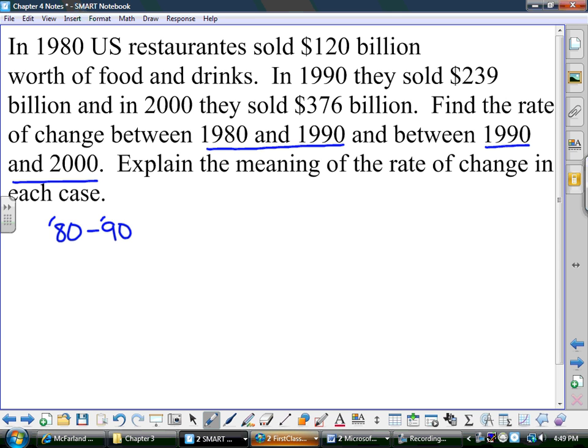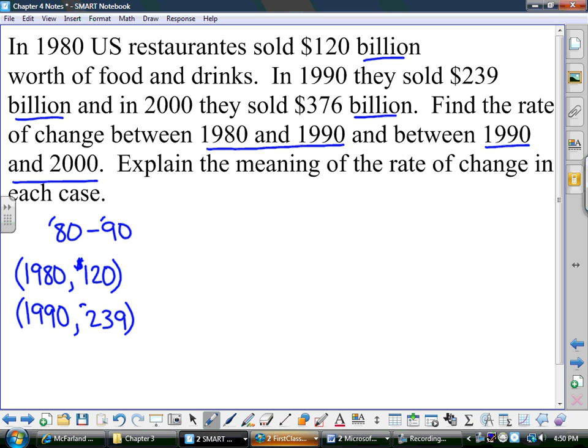When we figure out the rate of change, we're going to think of ordered pairs. The first ordered pair is going to be 1980, $120 billion. And since they're all in terms of billions of dollars, I can just say 120. My second ordered pair is 1990, $239 billion. Then I'm going to find the slope,